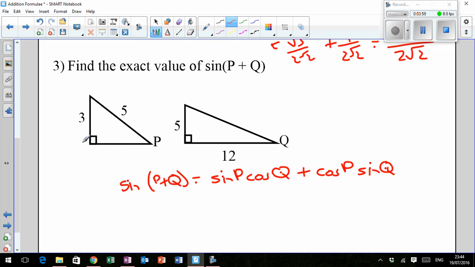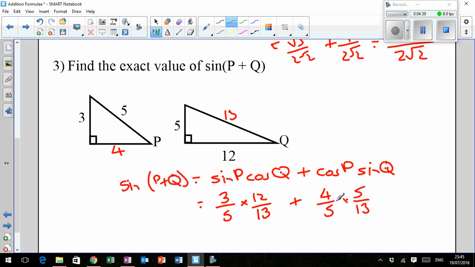Now, because we have these triangles here, we can calculate what sine P and cos Q are. In here, because we've got this triangle that's 3, 5, automatically we know that's 4 from Pythagoras. Same there, that's 5, 12, use Pythagoras, that's 13. So sine P is opposite over hypotenuse, 3 over 5, multiplied by cos Q, which is adjacent over hypotenuse, so 12 over 13. Add the cos P, adjacent over hypotenuse, 4 over 5. Sine Q, opposite over hypotenuse,